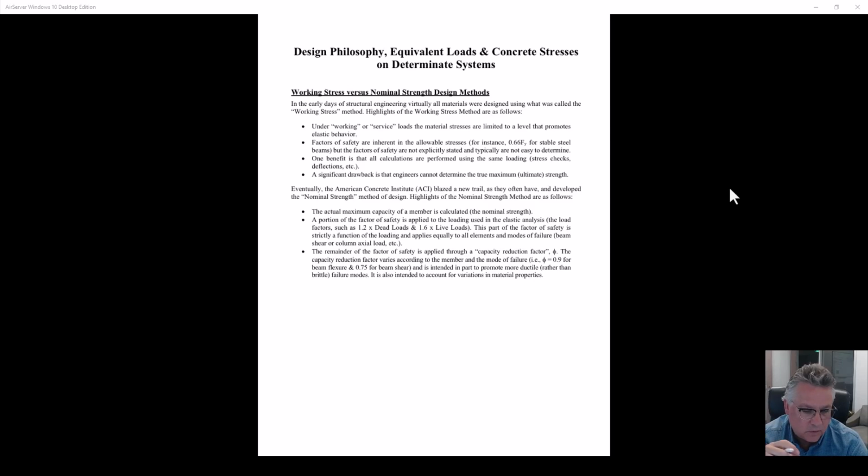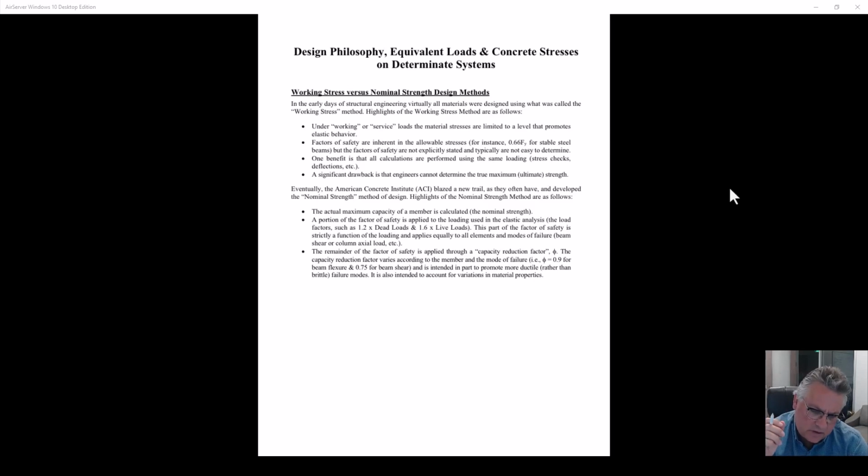So I think concrete recognized that early. Steel and wood came along. Masonry understood that later. And ultimate strength, load resistance factor design is all based upon plastic behavior of the materials now. So the steel's yielding. The concrete, according to Whitney, is at 0.85 f'c in compression. If you're doing a steel beam, it's all at yield. Nothing's allowable stress anymore. Nothing's in the elastic range anymore. It's all at a plastic state. So that's true failure, or that's true full capacity, and that is the right way to do these things.